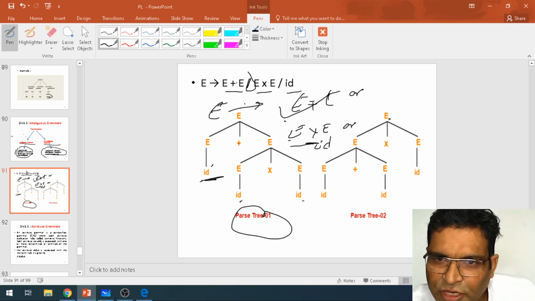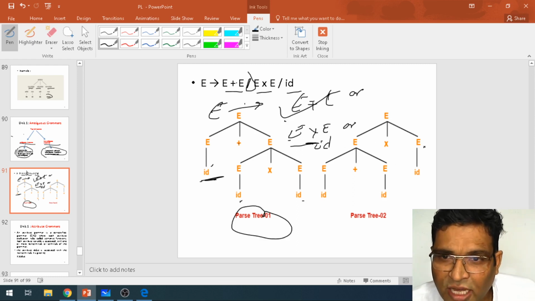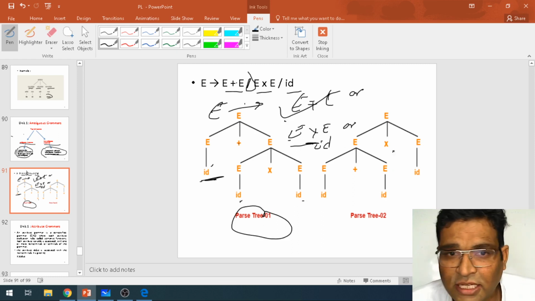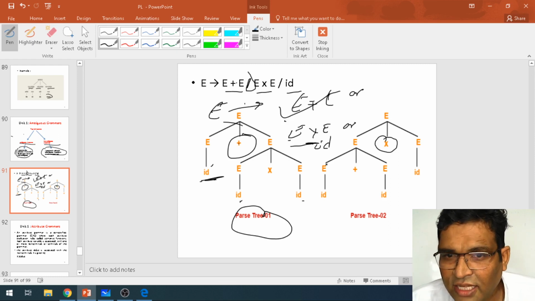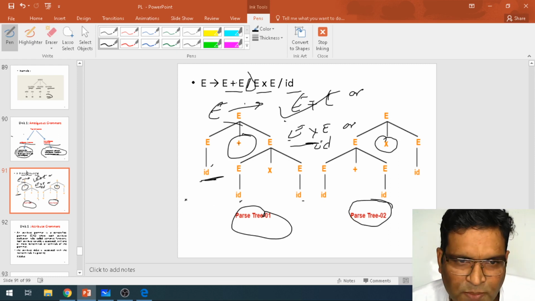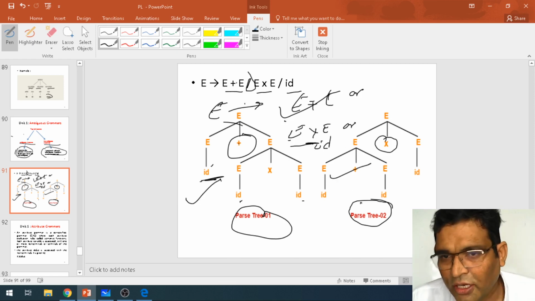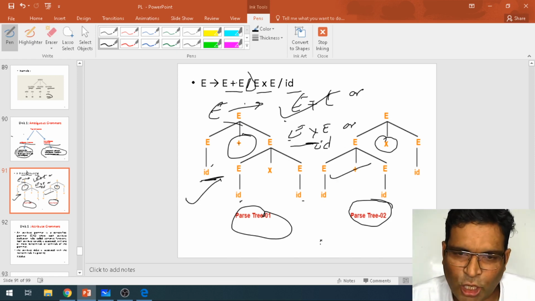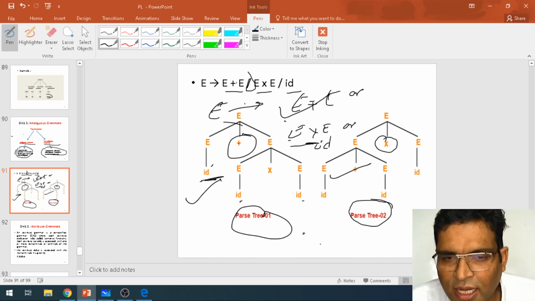The other parsing tree: E is equal to E star E, here I have taken E plus E, here I have taken E star E, then E plus E ID. See the difference of the parsing trees. This is one parsing tree and this is the other. If you have two parsing trees of different ways to traverse, then we call it ambiguous.